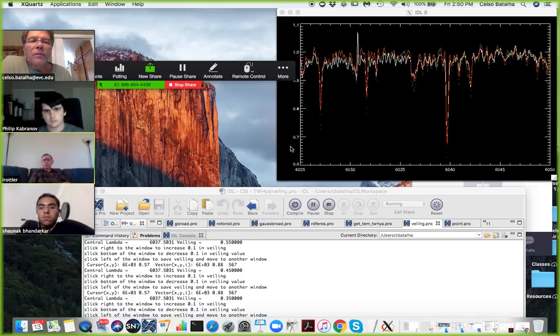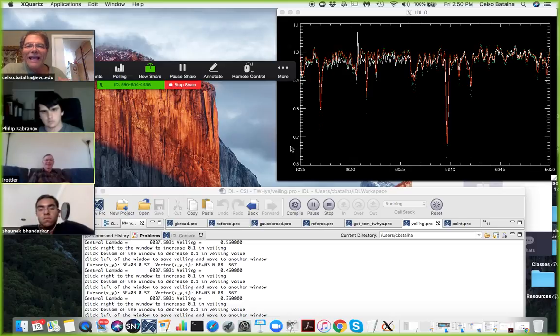These lines are formed in the atmosphere. Yeah. And the veiling is a continuum that comes outside the atmosphere. So we have a basic assumption, and that is the template is identical in its photosphere to the T-Tauri, and this is not a good assumption. As you know, I mean, the gravity is not the same, the effective temperature might be slightly different, and that's why both you and Ognian,